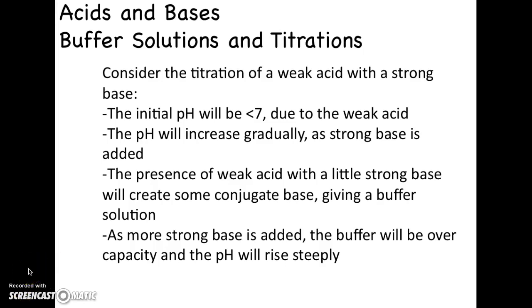So as you add more strong base, you're going to have resistance to a pH increase. You're going to have a really long flat region on your titration curve. Now, eventually, you're going to add so much strong base that you're going to overcome your buffer capacity. There will be too much strong base there. The weak acid present in solution will no longer be able to react with it, and then you're going to have the pH rise pretty steeply afterwards in your titration. Then you're going to go up towards your equivalence point and then past your equivalence point,